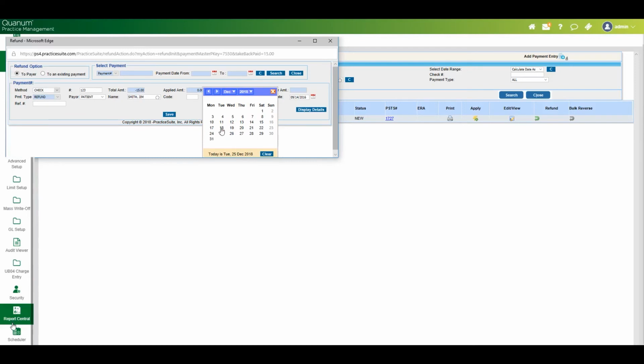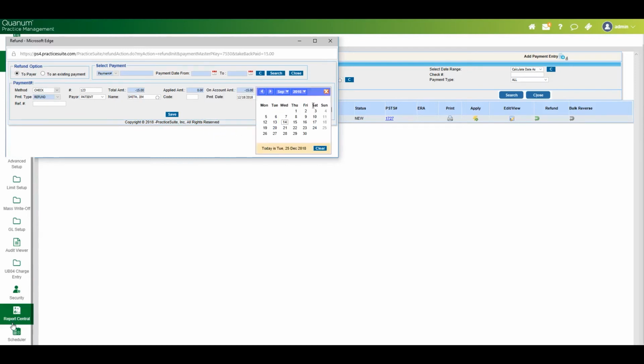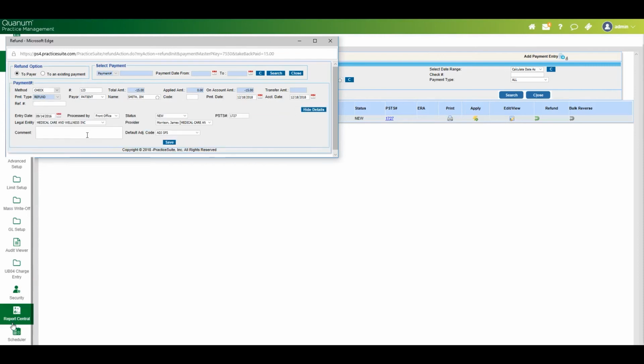So let's say the refund was issued on the 18th, I'm going to also leave the accounting date as the same date. So I'll enter the accounting date. Now if there's any reference number or any other information like comments you want to add for the refund entry, you can enter the comments in there. So once we hit save, it will actually create a refund entry for this amount. So let's save this,